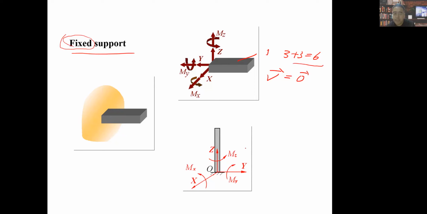Each force, its function is to prevent one kind of capable of movement. So can you guys understand me? That's why the fixed support is the typical constraint. It will give us six kinds of reaction force. Maybe you guys find, wow, it's very complicated. So many reaction forces we have to draw on the picture, right? Actually, this is not